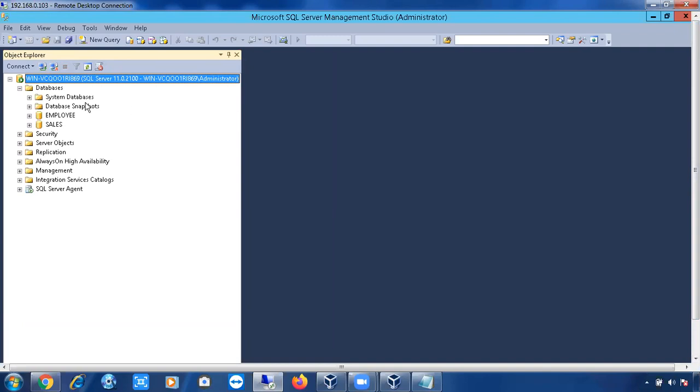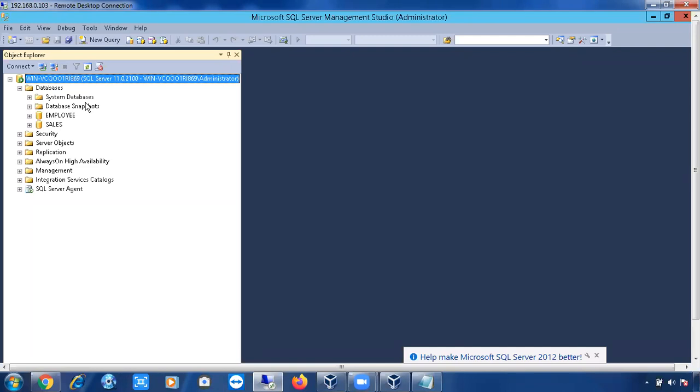When you start SQL Server, which system database comes online first? Master database. Then? Resource, model, TempDB, and MSDB. Very good, excellent. Okay, master first. Then why will MSDB come last, Anil? MSDB is the optional system database. After all system databases are online, finally MSDB comes online.